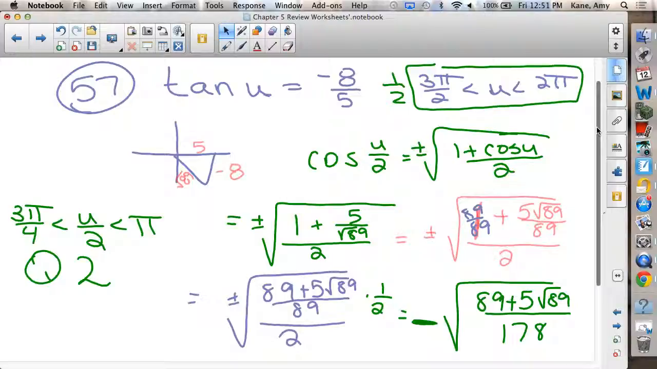61. I'm gonna do a couple problems like 61. It's one of those where you have to match it with the formula. So I'm gonna